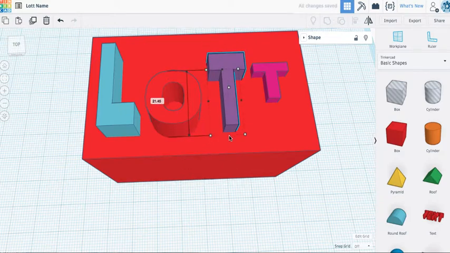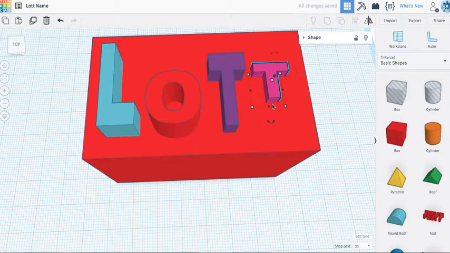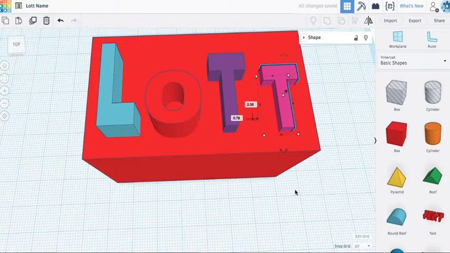I'm just grabbing the bottom there, and I'm going to grab this other T, and I'm going to make this T quite long too, but not the same length. Why not have it a bit offset? Okay, so lot. So now what we need to do is